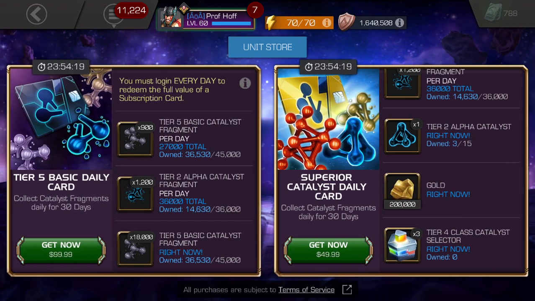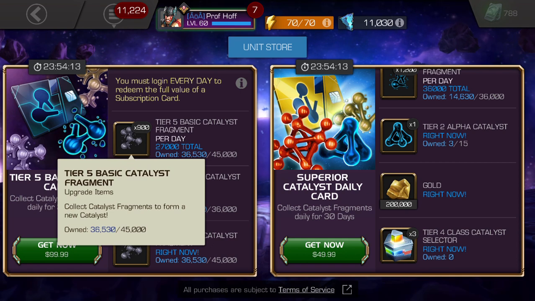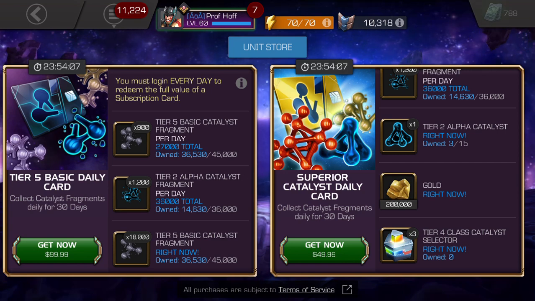Okay, last but certainly maybe least, 27,000 over the course of a month. Tier 5 Basic, that is more than half of a Tier 5 Basic, which is 22,500. Tier 5 Basic Catalyst Fragments, okay. A Tier 2 Alpha, ooh, and then 18,000 right now. So,